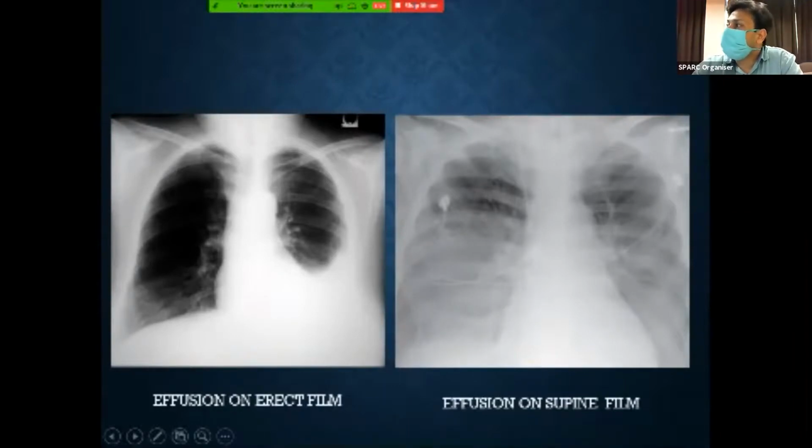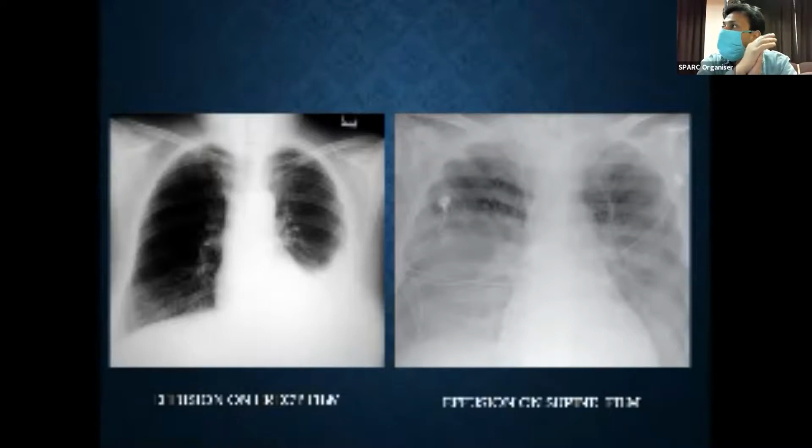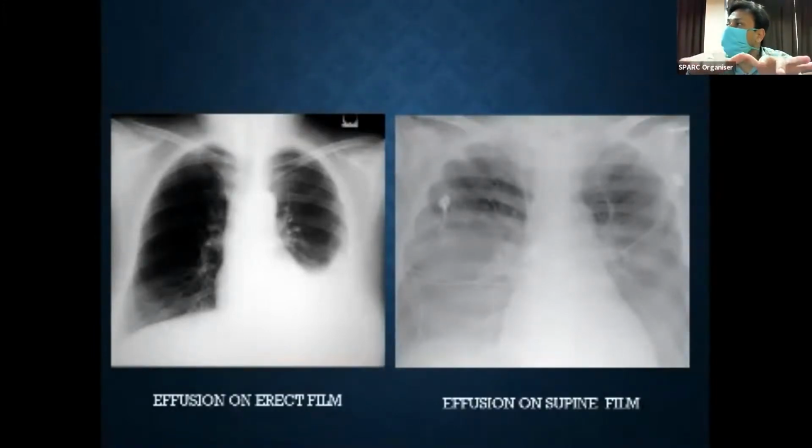Now again, on the supine film, if we have effusion, it does not produce opacity like that of the erect film. Here, what we see is increased haziness over the middle and lower zones on both lungs, and there is no increased opacity in one area and no meniscus formation. So supine films are really difficult, and here the pleural effusion will layer down on the posterior part of the lung, behind the lung, rather than collecting in one area, and the only sign will be a slight increase in haziness on the chest X-ray.